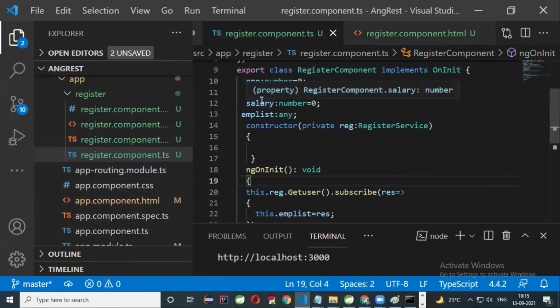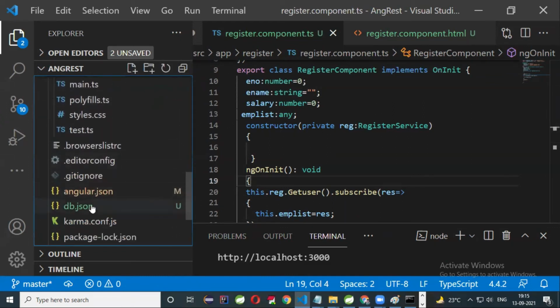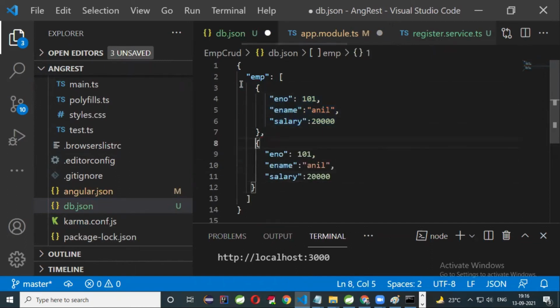So first of all, when you run the project, there you can see one database file is also there now, the db.json file. Here, if you want to insert one more employee data, you can insert. That is not an issue. This is a manual insertion in your db.json file. Here you can copy this, and here you can give a comma, and here you can give one more employee, 101, 102. Here I'll try to give Sunil. Some data I'll try to insert here, and here I'll give some 30,000.